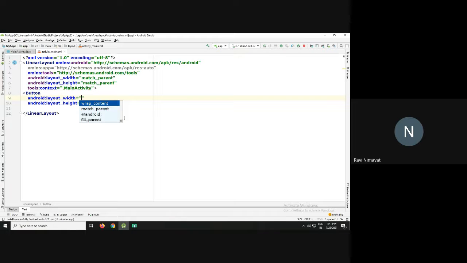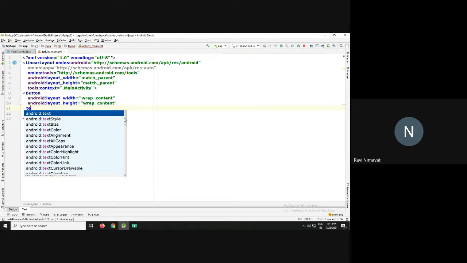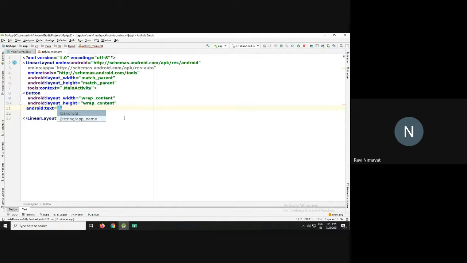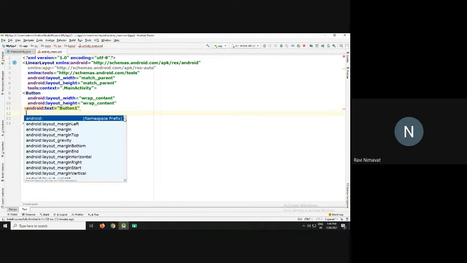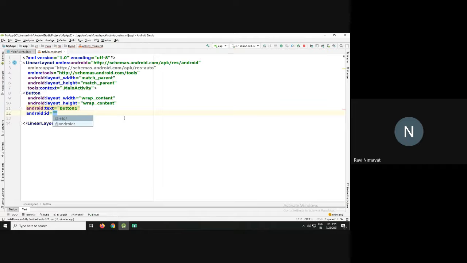Button. So button is wrap_content, height also wrap_content, width and height. Then text. Text is "Button one". And students, another important property is the ID. So what is ID? The ID is a property of Android, and using the ID property we can uniquely differentiate each control or each UI.